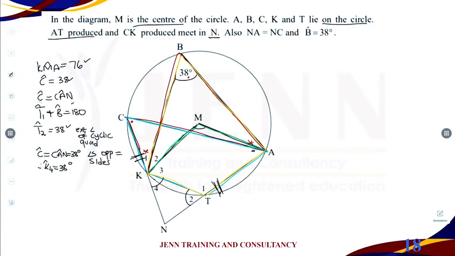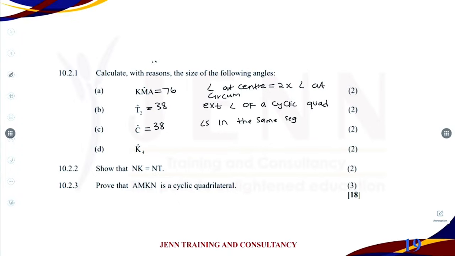And the reason for that is the exterior angle of a cyclic quad. So with regard to this one, we have used the cyclic quadrilateral CATK. Yes. So now you have answered the question, the size of angle K2. But I believe there are many ways to do that one. And then now, when we move to